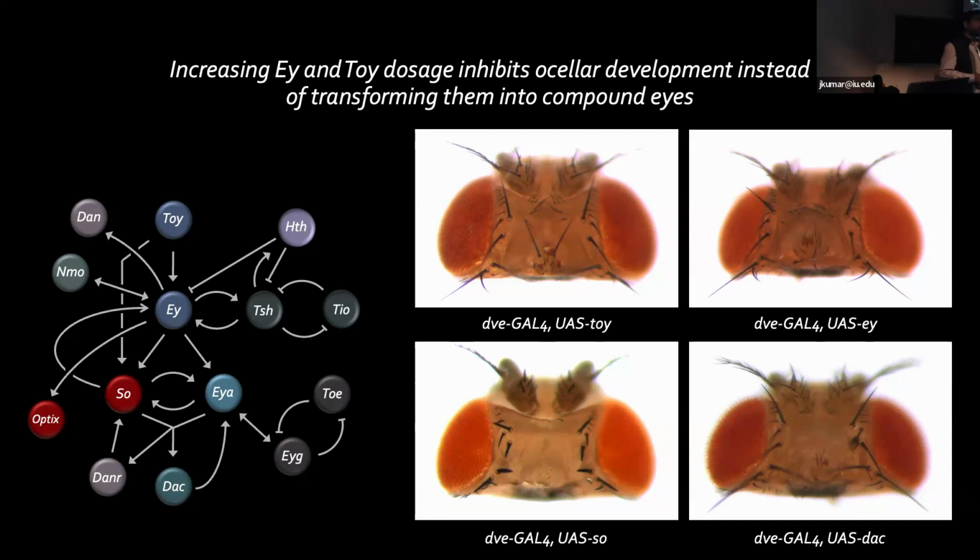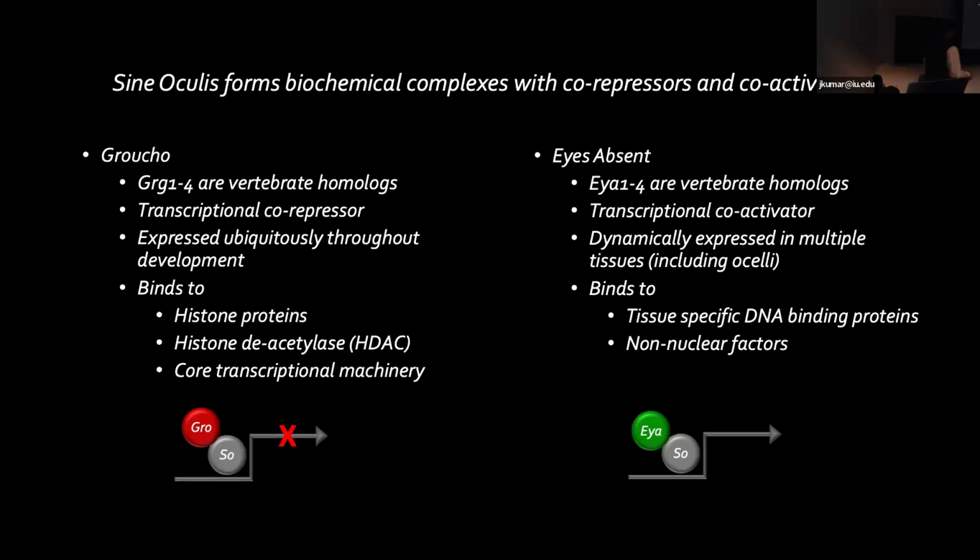And one thing that we knew about going into this is that cynoculus is actually a very interesting molecule in that it forms 2 types of complexes. It forms an activating complex with izapsin and promotes gene activation, but it also binds to the Groucho family of co-repressors and shuts down expression to the same set of genes. And this happens both in flies and in vertebrates.